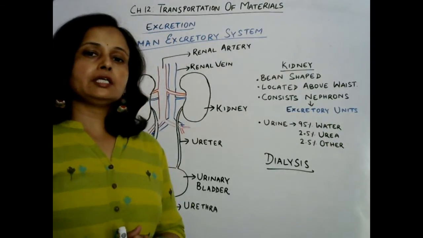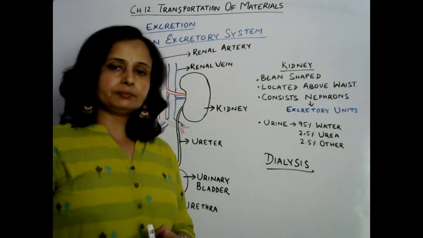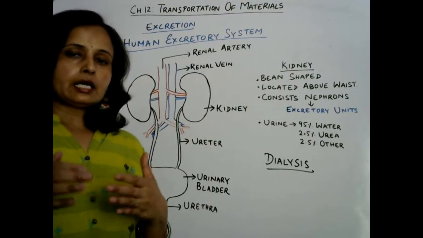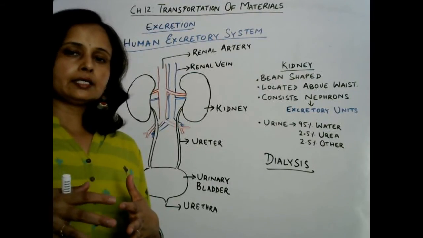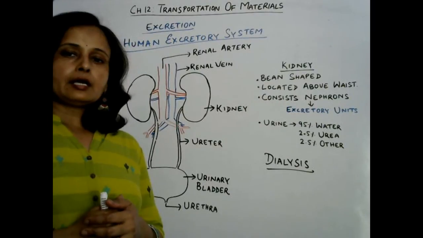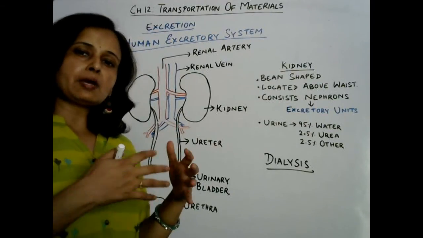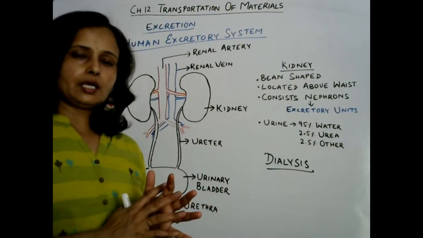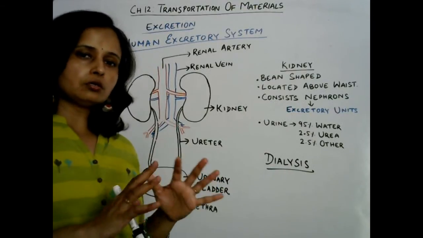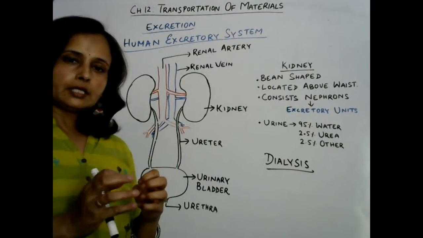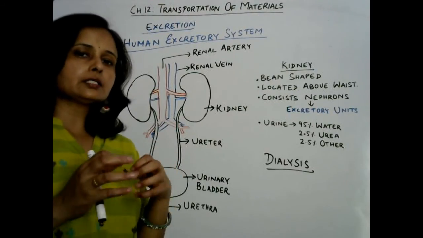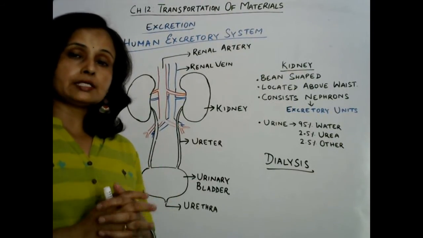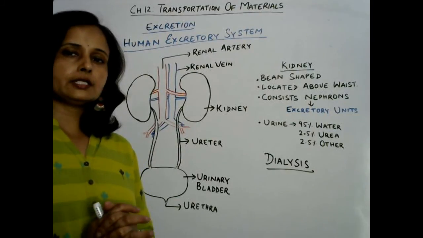So that machine connects to the radial artery and vein, and takes the waste material through the radial artery, and in that machine there are lots of membranes that absorb the waste material, and then pure blood is supplied back to our arm through the radial vein. Then the radial vein carries that pure blood all over the body. In that way the dialysis machine works and keeps a human being healthy, and during the dialysis process lots of medicines are also given.